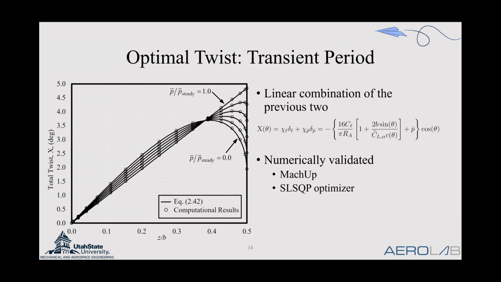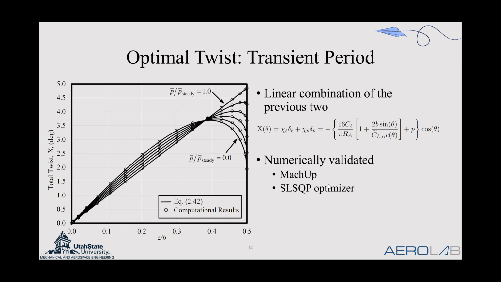The third maneuver we considered was the transient period between roll initiation and steady rolling rate. This would be the case where we have a non-zero rolling moment and rolling rate. And it turns out that the optimal solution here is just a linear combination of the previous two, which you can see here. And then we were able to validate these analytic results using a numerical nonlinear lifting line method